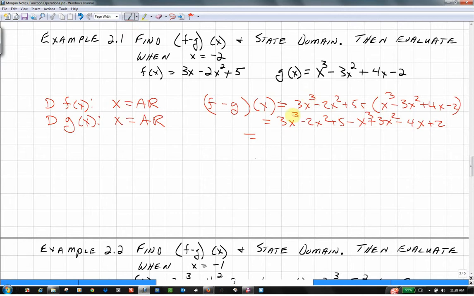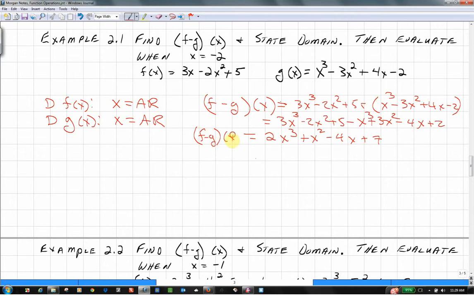Okay, so now combining it, I'm going to have 3x cubed minus x cubed. That's 2x cubed. Moving on to my squares, I have a negative 2x squared plus 3x squared. That's plus x squared. Then I have my x terms. I only have an x term over here, minus 4x. Then I have plus 5 and a plus 2 would be plus 7. So that would be f minus g